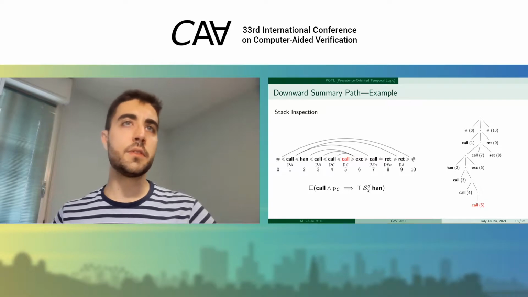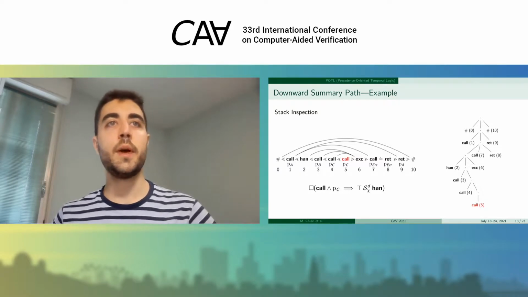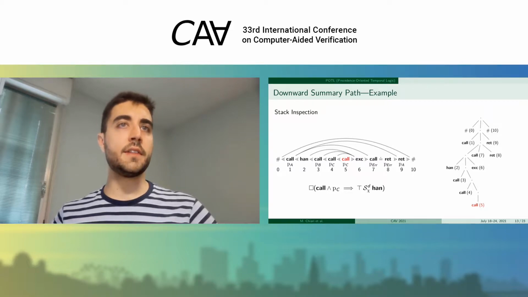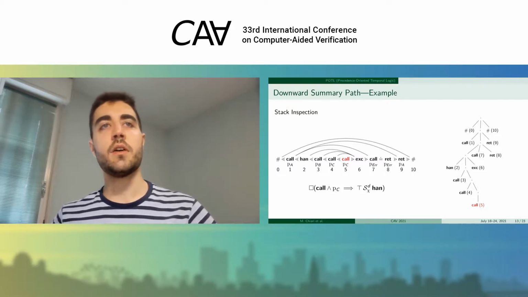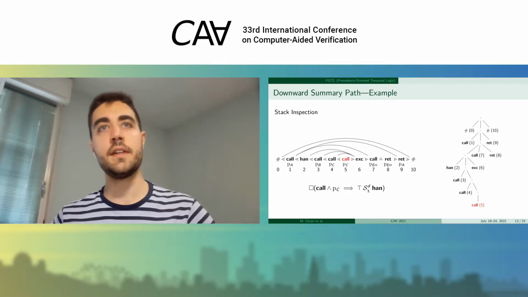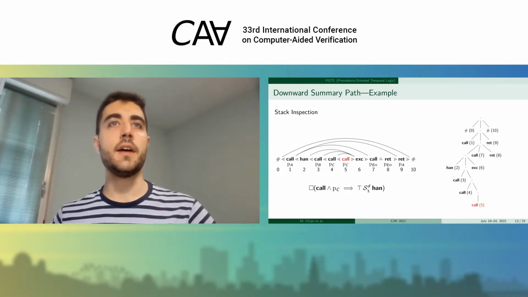So here you see a formula. The square is an LTL globally. And so it means that its argument is true in all future positions. And it says that whenever we have a call to function PC, then true since down handler must be true. So since we have